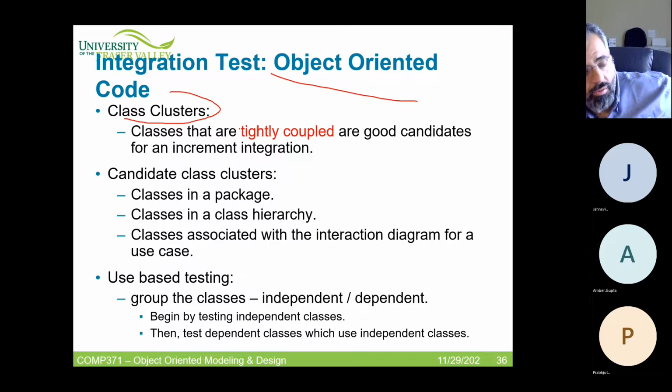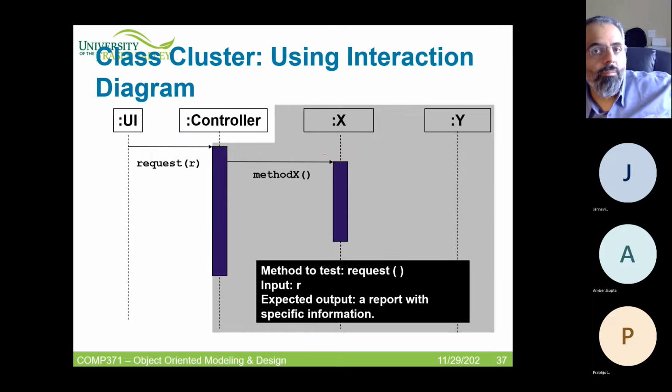In order to answer this, in object-oriented, these classes should be tightly coupled. When I talk about tightly coupled, I mean that they have, for example, inheritance between them. So let's take this example from a use case diagram. I have a request that will be sent by the user